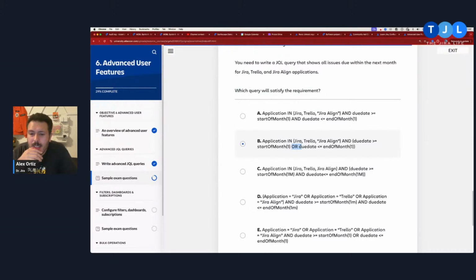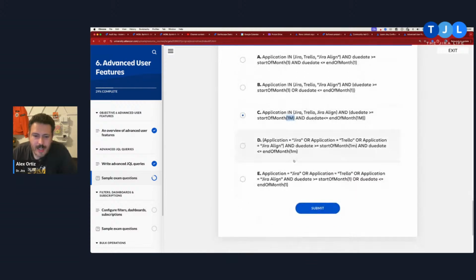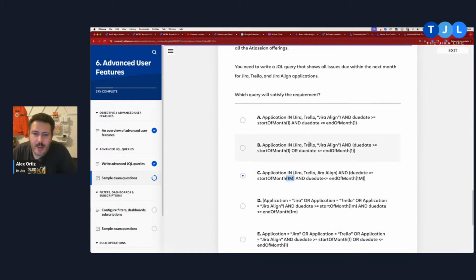So I think the answer is going to be between A and B. I don't think C is correct because of this 1M. I don't think that this is a variable we care for. And I don't think these two are correct. So it's going to be A or B. So really what we're discussing here is, is it an and or is it an or? So we want every issue where the due date is after the month and before the, I think it's going to be the or. So let's go with the or.